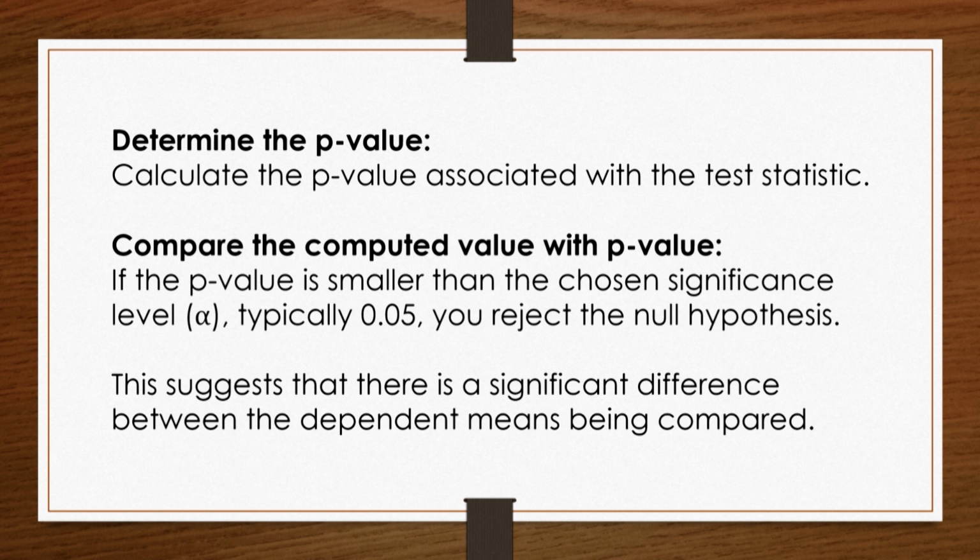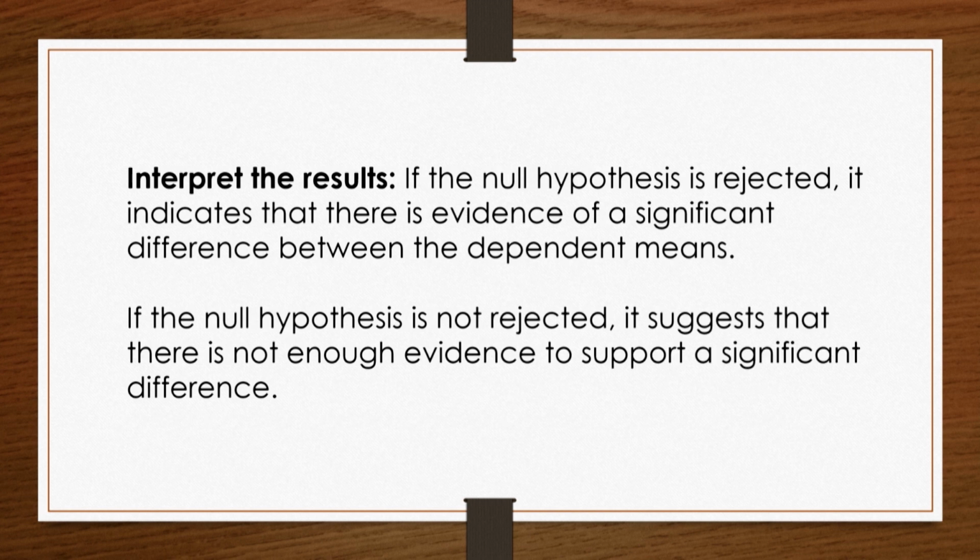If the p-value is smaller than the chosen significance level alpha, typically 0.05, you may reject the null hypothesis. This suggests that there is a significant difference between the dependent means being compared. Interpret the result. If the null hypothesis is rejected, it indicates that there is evidence of a significant difference between the dependent means. If the null hypothesis is not rejected, it suggests that there is not enough evidence to support